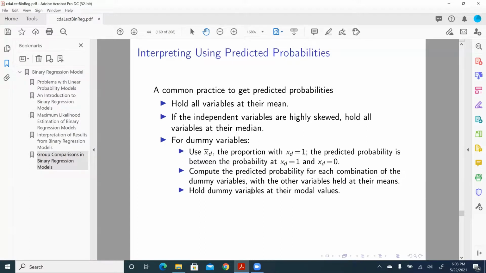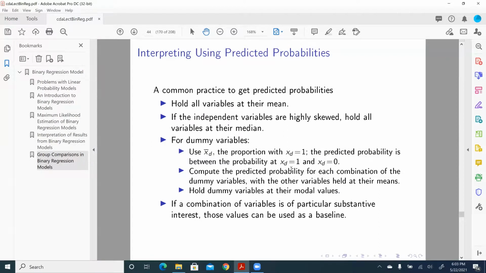And the third possibility for feeding values to dummy variables is to hold them at their modal values. If a combination of variables is of particular substantive interest, those values can be used as a baseline. So if you're just interested in, say, the probability of labor force participation, Y equal to 1, for a 35-year-old female with 10 years of education, you can feed that set of X values into the program and compute